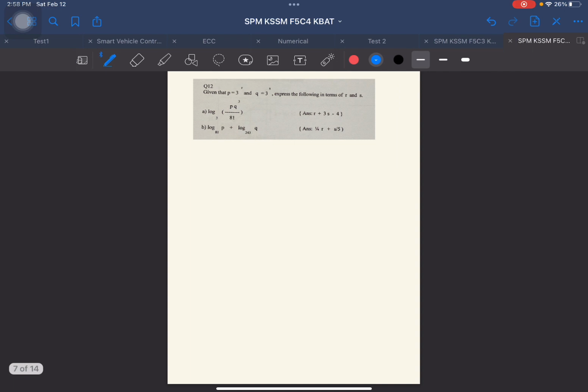Okay, next let's move on to the second question, where you are given p equals 3 power r, q equals 3 power s, express the following in terms of r and s. Okay, so first one, log 3 of pq cubed over 81. Okay, so now since you know there's a divide here and multiply here, what you're gonna do is you separate them. So you got